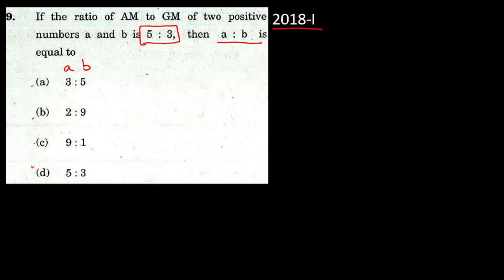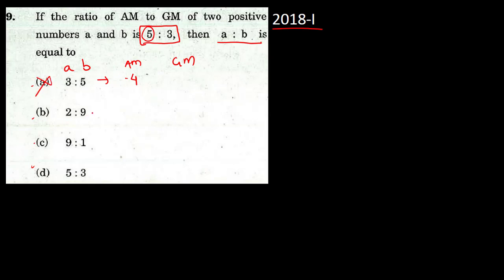You have two numbers A and B. So what is AM and GM for this value? इसका AM आएगा और GM कितना आएगा? Let's check. What is AM of these two? 5, 3 is 8. 8 by 2 is 4. So AM is going to be 4. But what I want is I want 5. So definitely this is wrong option.